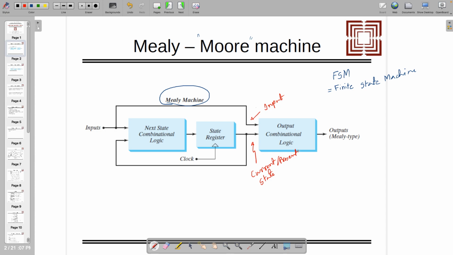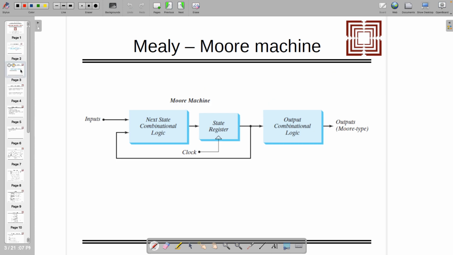So, if you are asked to design a Mealy machine or a circuit using a Mealy machine, then it is expected that output will be depending on input and present state or current state. But whereas if it is a Moore machine, then output is only depending on the present state. There is no role of input,